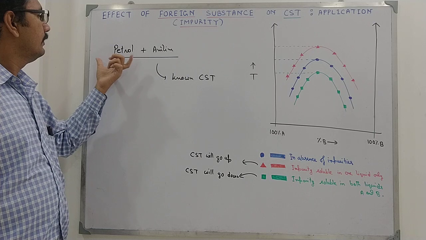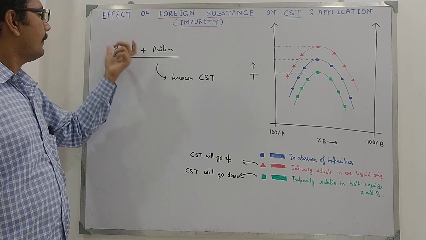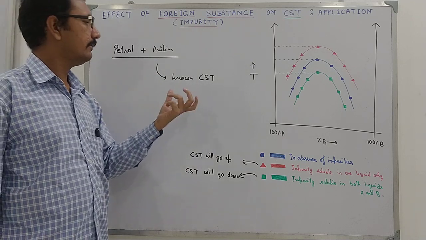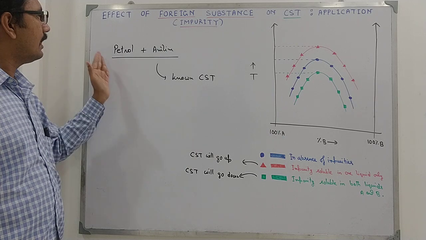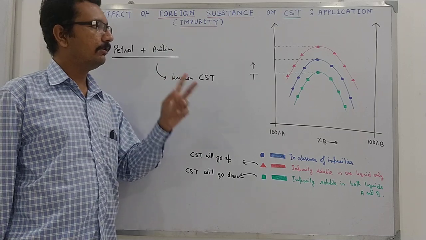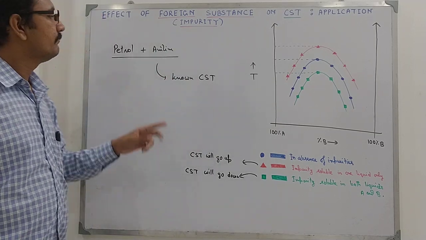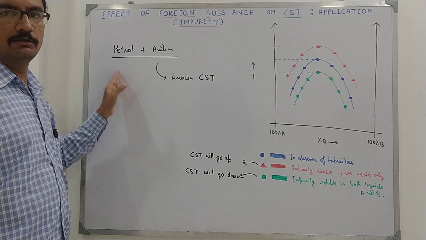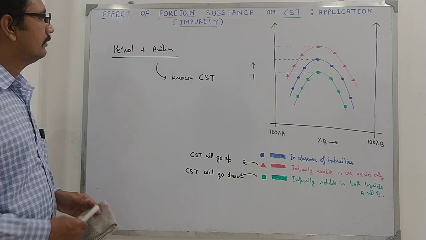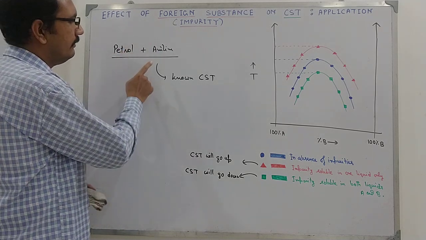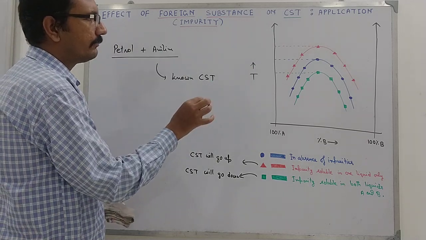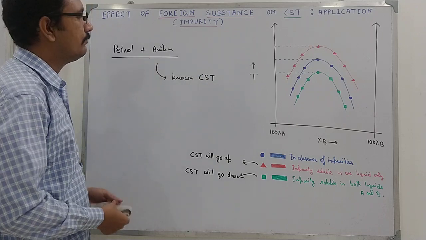This determination is necessary, since those vehicles which run on petrol are sophisticated, and adulteration in petrol is not only going to lose you economically, but also it causes damage to the engine. So this check is necessary and it is of great importance. So you collect the sample, you add aniline, you measure the CST, and if it is greater than the known CST, it is confirmed that there is adulteration. So this is one application.